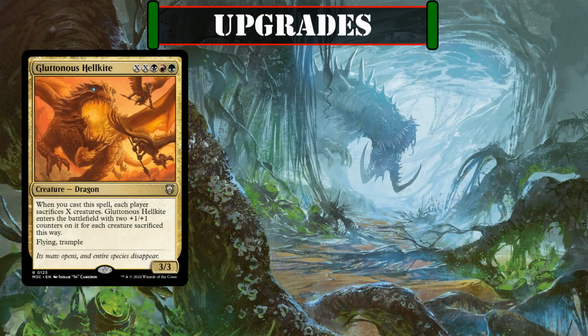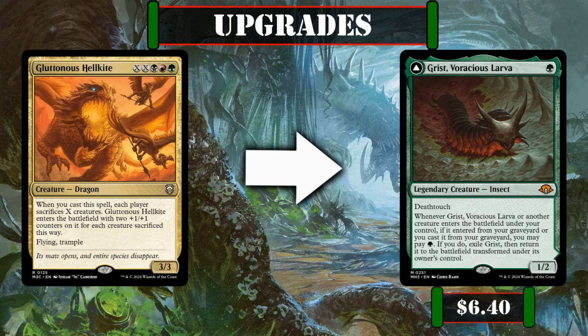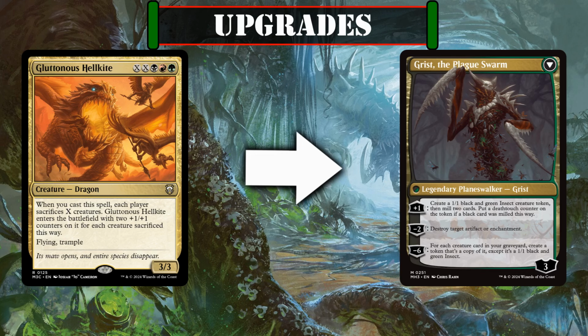Gluttonous Hellkite can be swapped out for Grist, Voracious Larva as a moderate upgrade, who will be able to easily transform thanks to Disa and our suite of cast from graveyard sources, turning her into a source of repeatable mill, spot removal, and, eventually, a graveyard payoff that we can use to flood our board with token copies of all